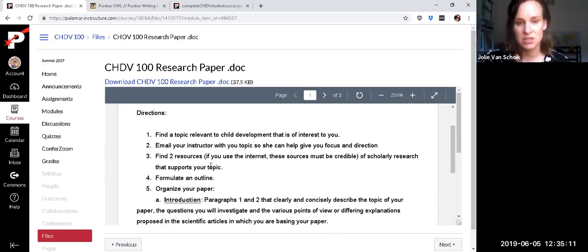Then you need to have at least 2 resources in order of scholarly research that supports your topic. So I would prefer 3 or 4, but 2 is the absolute minimum. If you use the internet, the sources must be credible, and they must be accurate, and they must be from a site that I would accept. So a Blogspot, BuzzFeed, and even some news sources are not credible or accurate. So most likely if it has a .edu, it came from our Palomar library website, or it is from a credible site with an author that is coming from the field of child development,